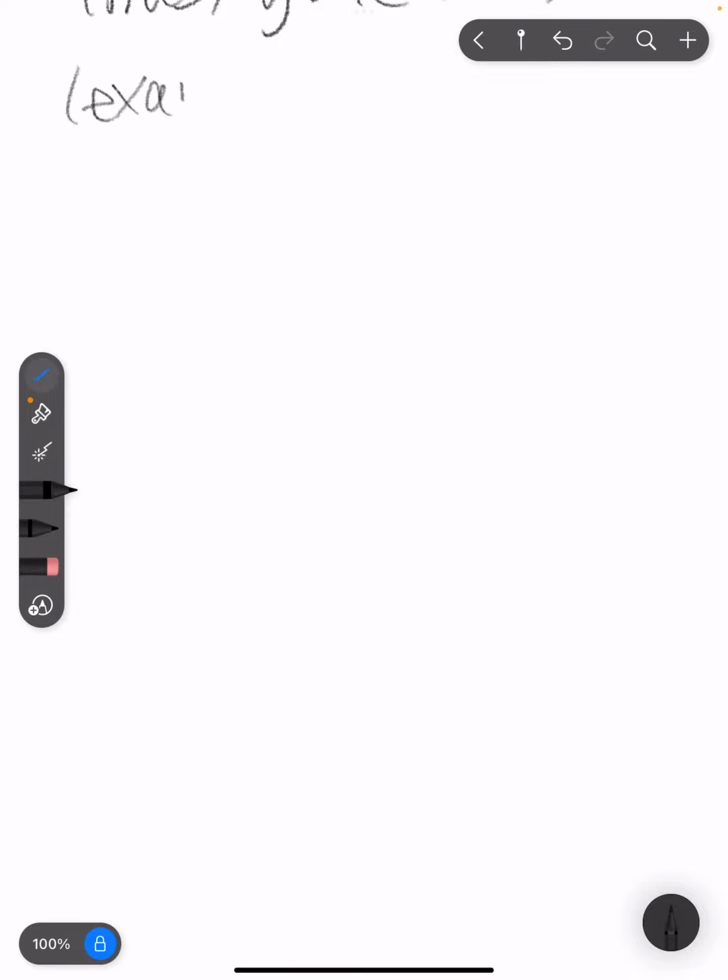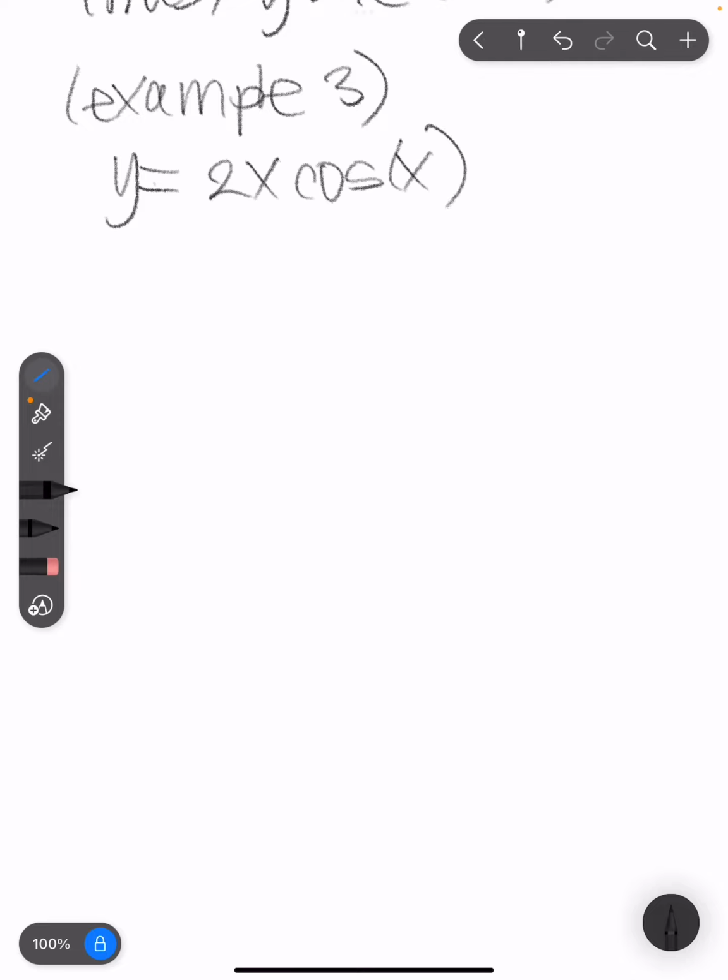Let's look at one last example in order to train this concept fully. Let's look at a problem involving trigonometry. Using the product rule to calculate the derivative, we obtain